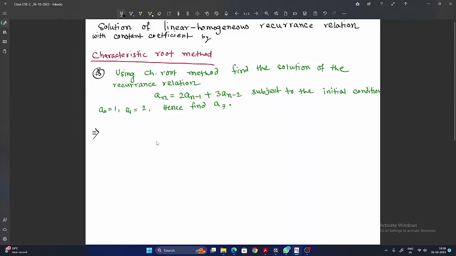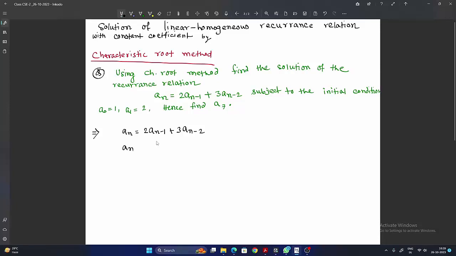So first of all, take everything on the left hand side and arrange it in the order of the sequence. Like if your function is a_n = 2a_(n-1) + 3a_(n-2). Sometimes in your question you may see n-1 on the left hand side and n-2 on the right hand side, or anything in a shuffled order. So first of all you have to arrange it